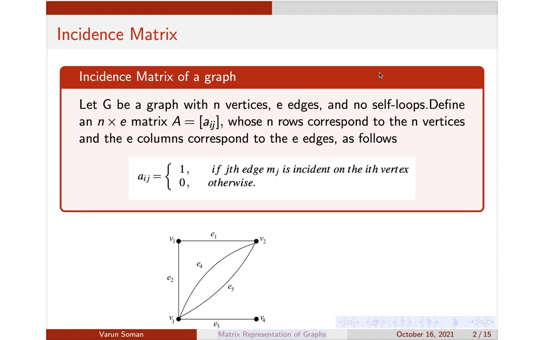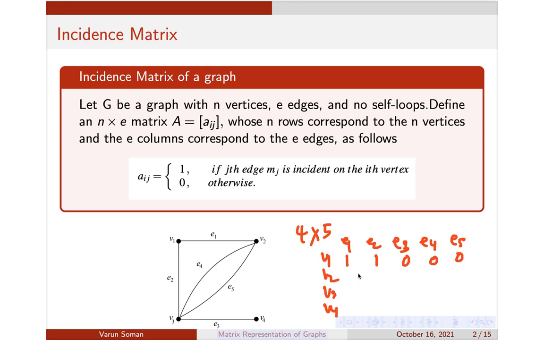Again, let us try to write the incidence matrix for this graph. How many vertices are there? 1, 2, 3, 4. So it is a 4 by how many edges? E1, E2, E3, E4, E5, so a 4 by 5 matrix. Please write it down. How will you write it down? We'll have V1, V2, V3, V4, similarly E1, E2, E3, E4, E5. Now look at V1. Which edges are coming to V1? Only E1 and E2. Rest, none is coming.